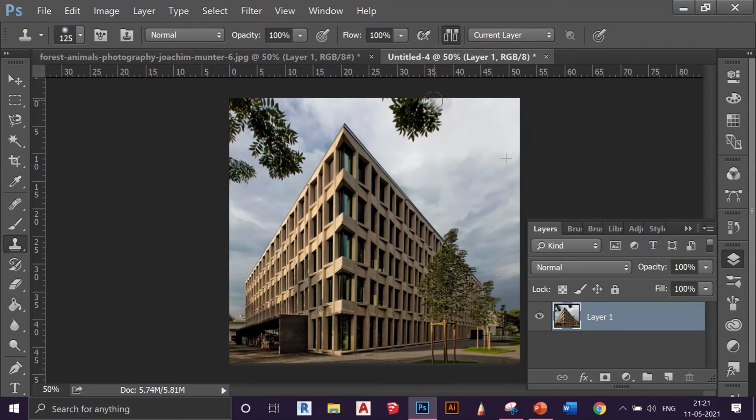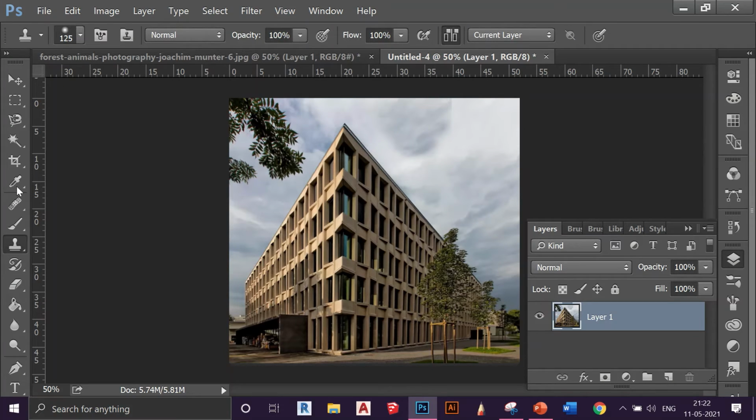Now I'll go slowly over here and I will keep on merging that. So you can see it's kind of erasing the leaves and it's copying the thing that is on the image itself. So this is really helpful. Now you can see there's a line coming. I don't want this line because here the image ends, so it cannot copy further. So there's a firm line. I want to remove it.